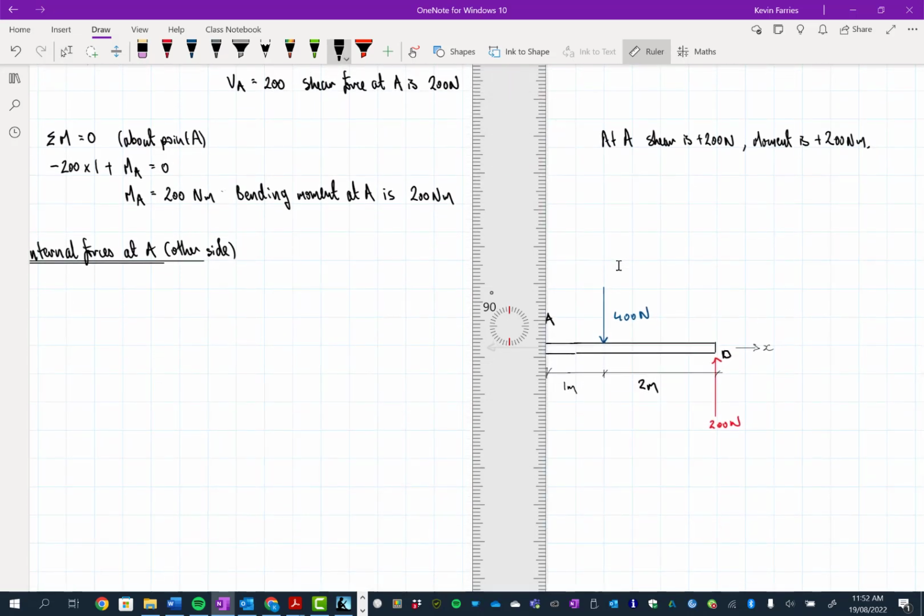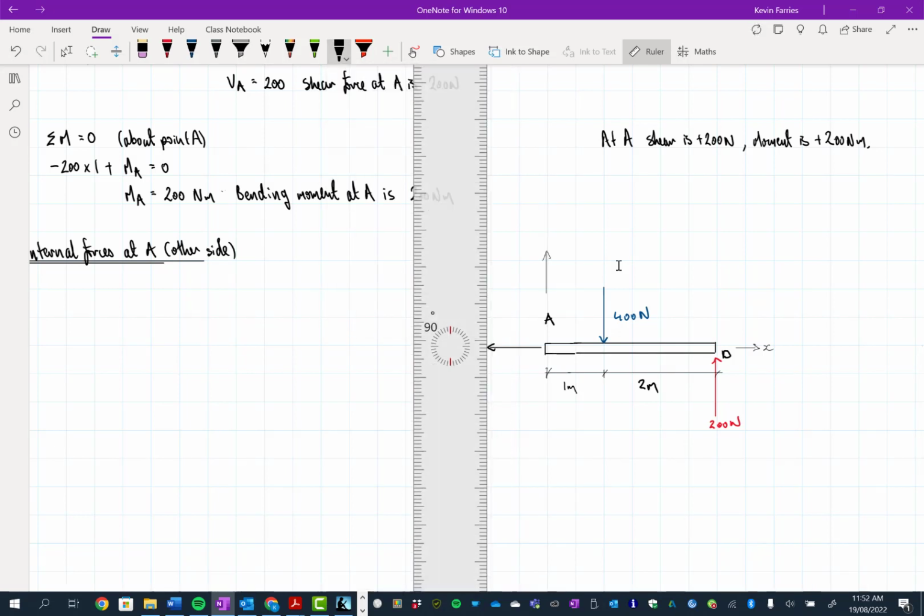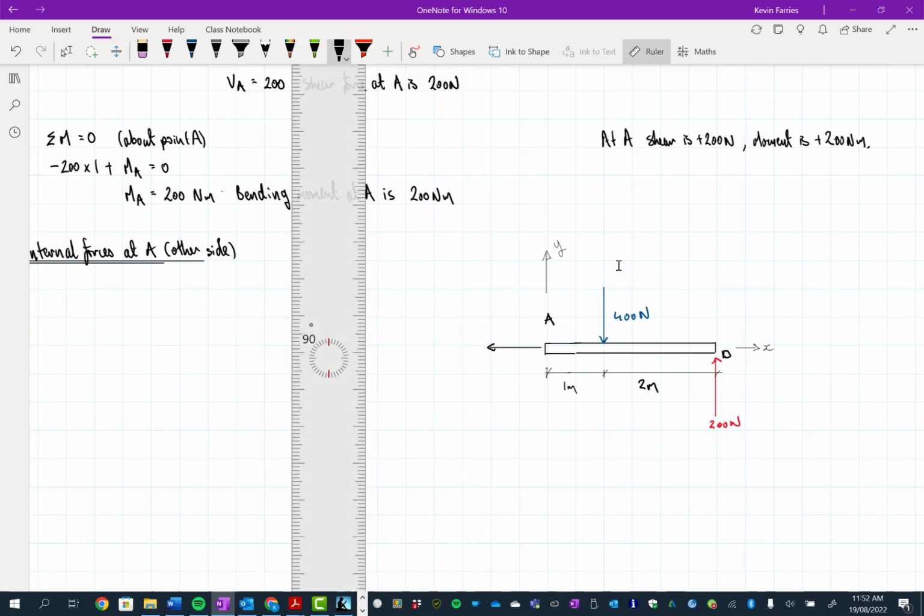That's cool. So Y going this way. Okay, so this is a negative, it's the negative direction compared to X. That gives us a positive axial force internally,